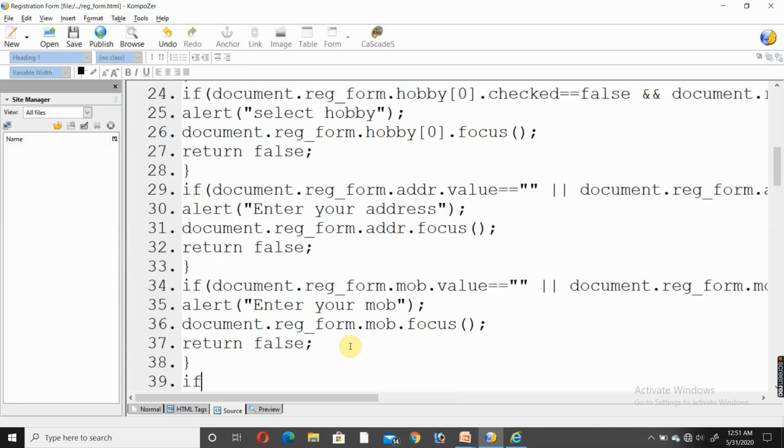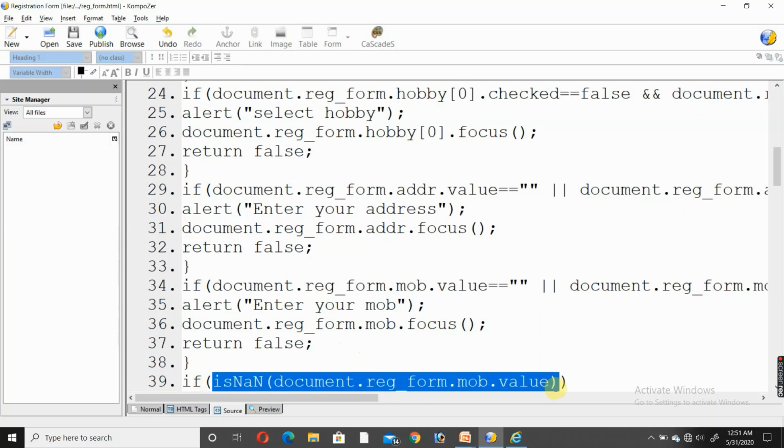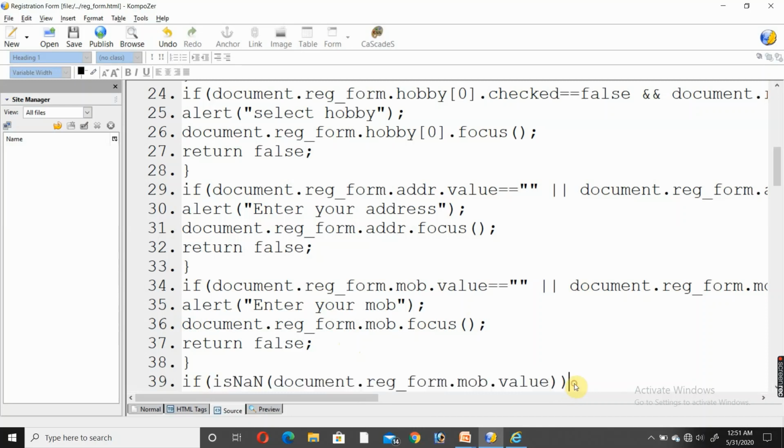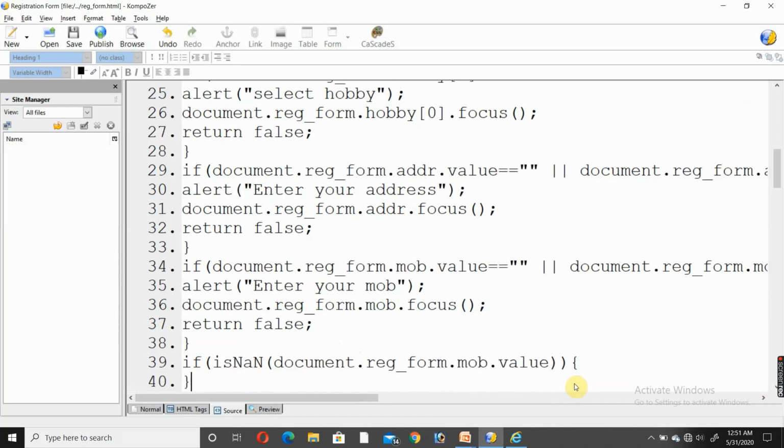First, I will go for digit. If isNaN, not a number. N should be capital. Same thing I have to write: document dot reg underscore form mob dot value. Don't compare anything, just close the bracket. Here I am closing this bracket for isNaN, and that last bracket is for the if condition.